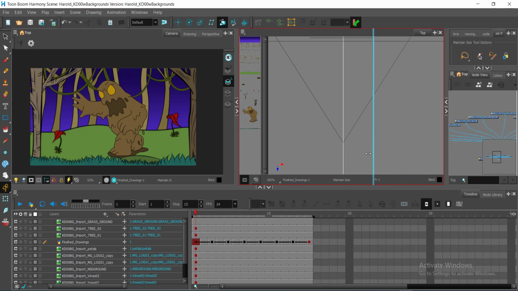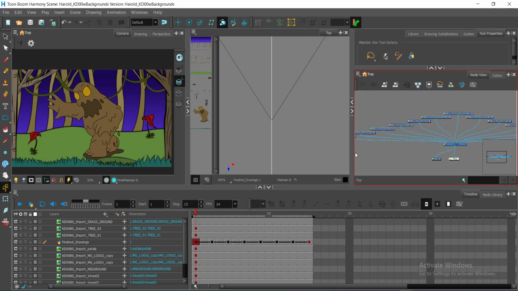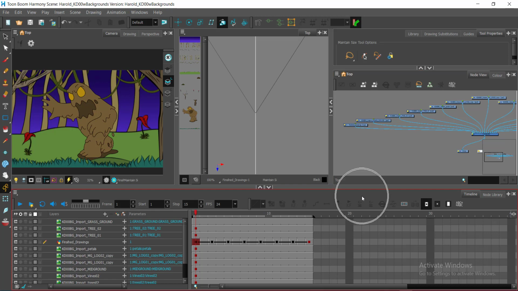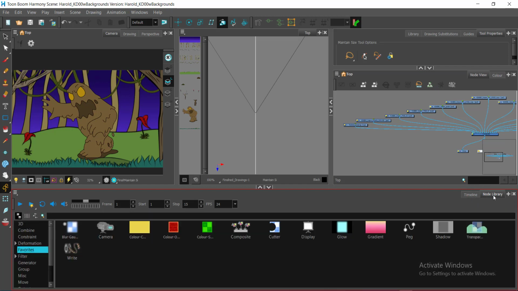I will go to my node view first. Let's go to the node view. And after I'm on my node view, I will go down here at the timeline. In the timeline, beside it is the node library. Okay, so first activate the node view, go to the node library, and then go down here. This is the camera. I will now click and drag